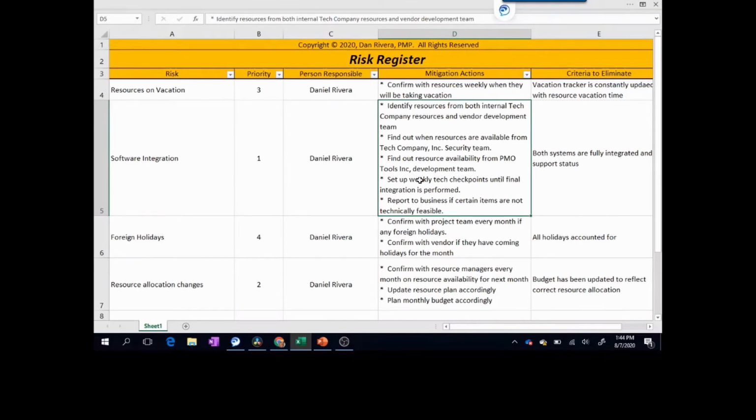And the reason why you want to break out your mitigation actions like this is so that this will help you stay organized and on top of what needs to be done to mitigate your risks. So, for example, here you have some tasks where you're identifying resources from both internal and vendor resources. You need to find out when the resources are available, and also find out the resource availability for the PMO tools development team. So all of these tasks you can prioritize in your personal planner, whether that's a booklet